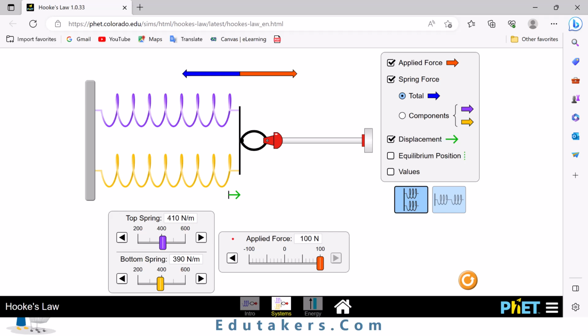You can also observe the direction of the arrows, which is for the applied force, spring force and the displacement. The applied force is towards right. The displacement or the extension is also towards the right. But the blue arrow is towards the left, showing that the restoring force is opposite to the extension of the spring. You can practice this as well from here.